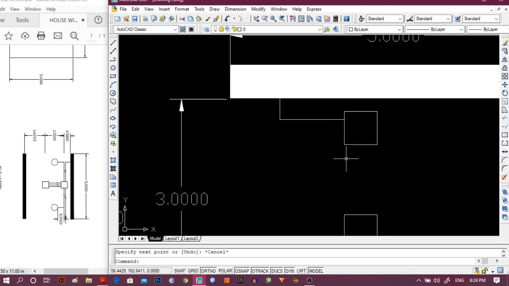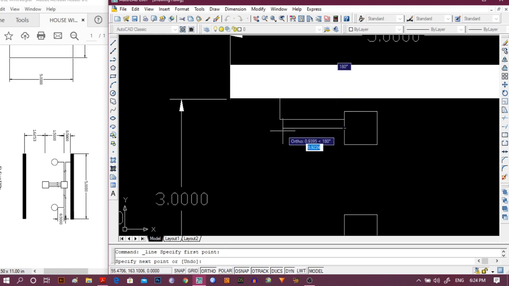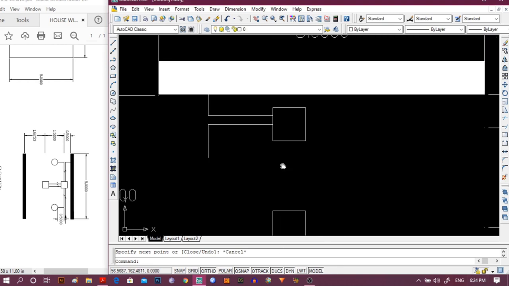So now again we have to make the other half. Now this length should be 0.5. Now we have to mirror this one for the other side.